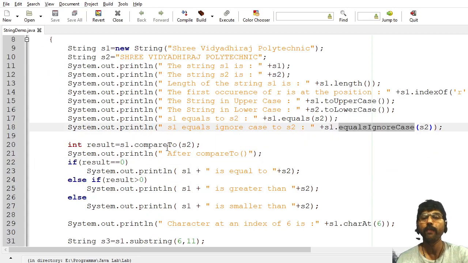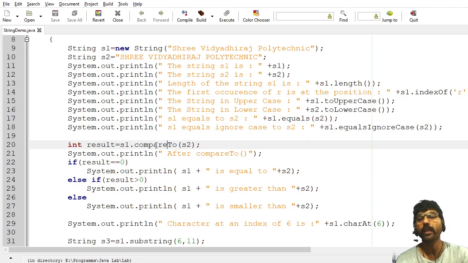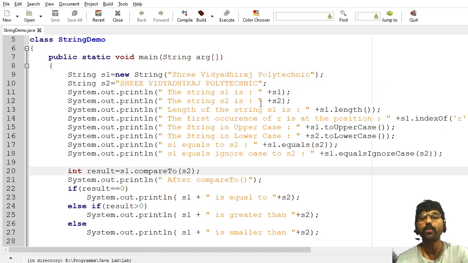Next, I have to use one more method called compareTo. S1 is compared with S2. Now what happens here? Each and every character of that string is compared, character by character.